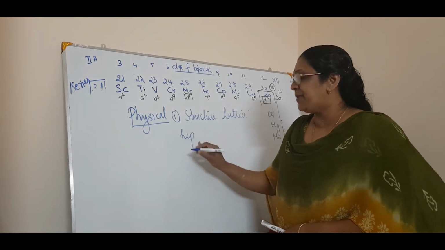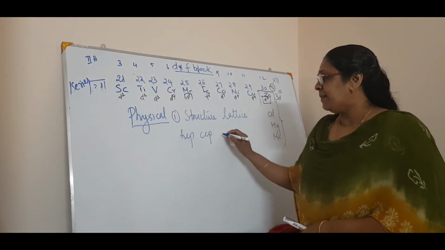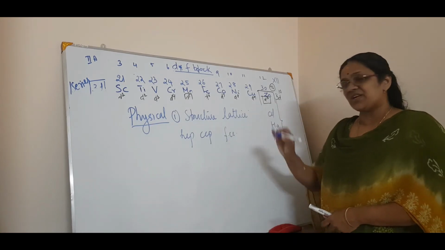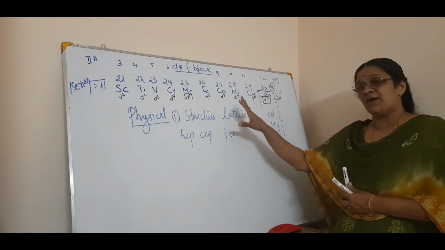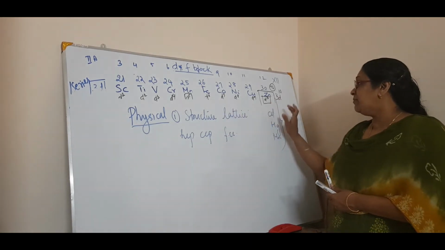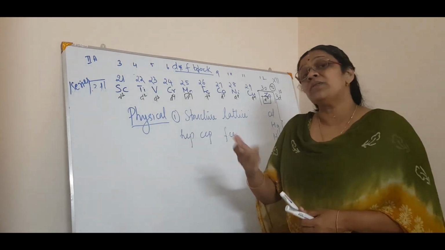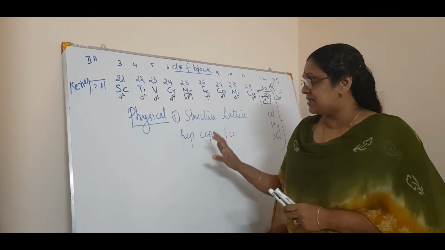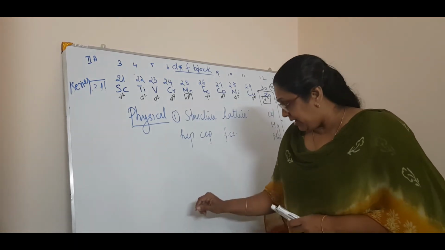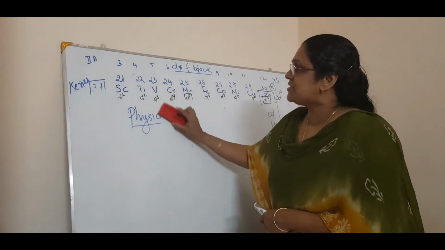That is HCP, hexagonal close packing, cubic close packing. Then there are FCC structures. We will study them later. All the others have one type of lattice, but zinc, cadmium, mercury, manganese, etc. have more than one crystal structure. That is just to remember. That is the structural lattice, which we will see in the first chapter.